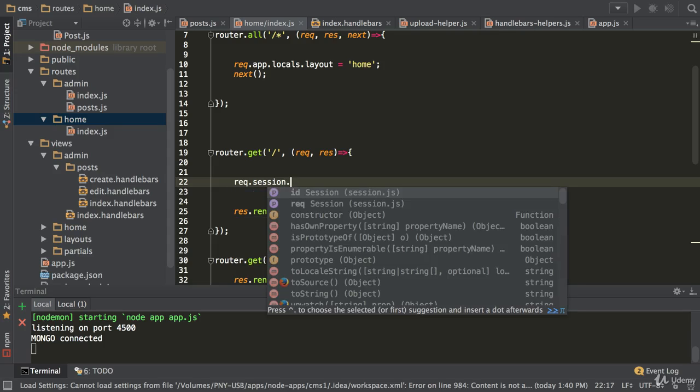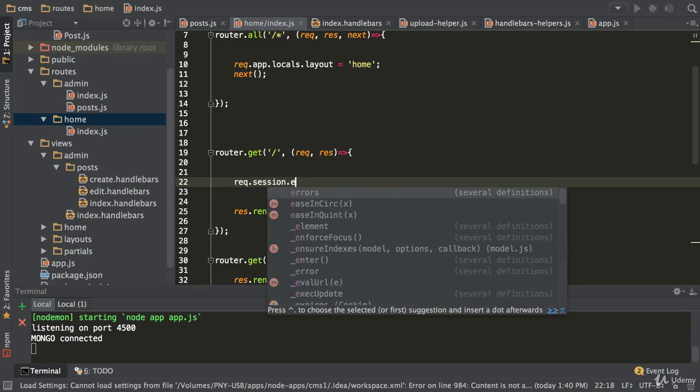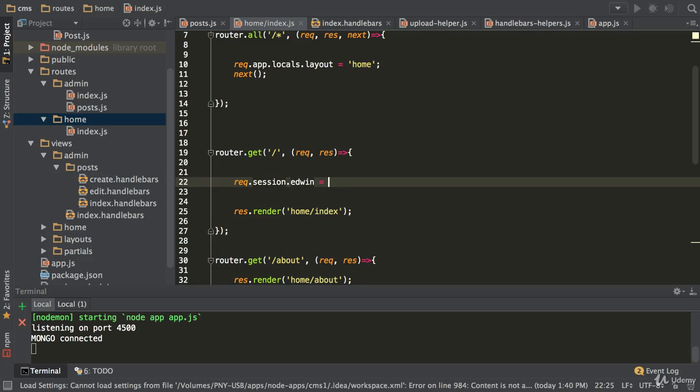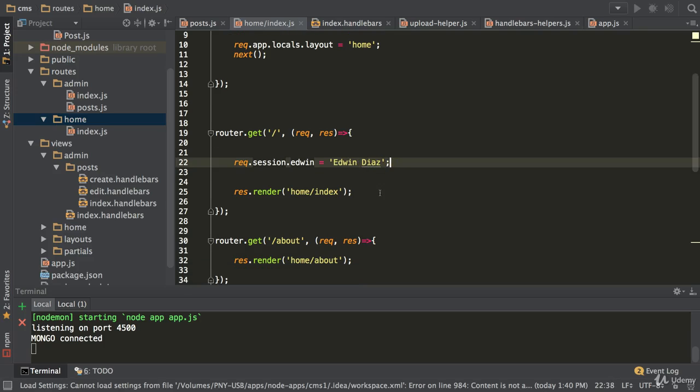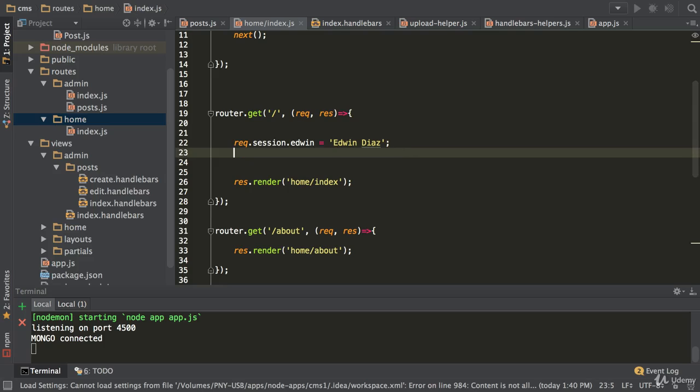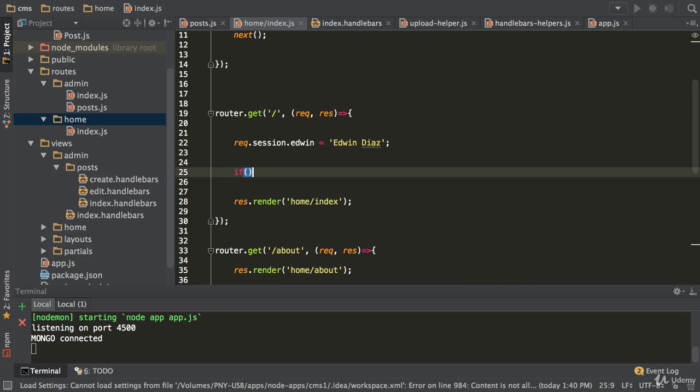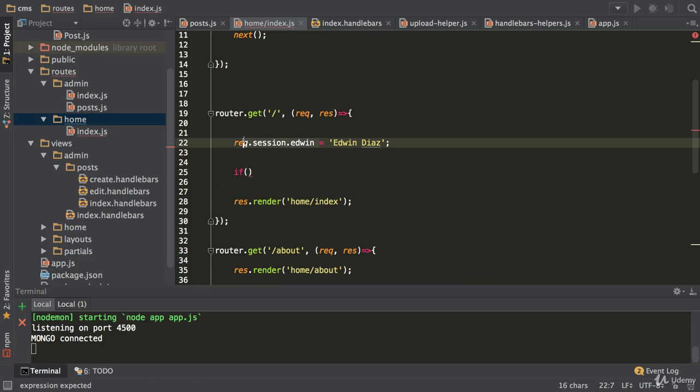If we want to create a session, we just make whatever name we want. Let's create an Edwin session here, and I'm gonna assign this value to it. Simple as that. Okay. Now to check it, we could do something like this. If this session here is available,